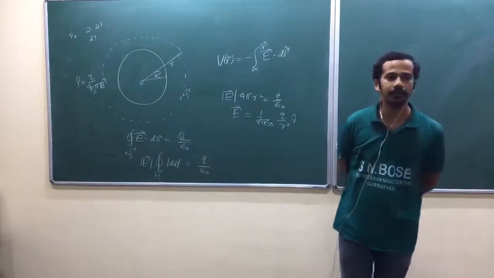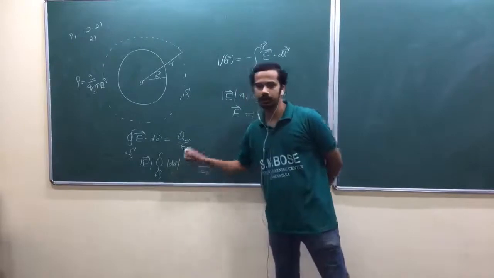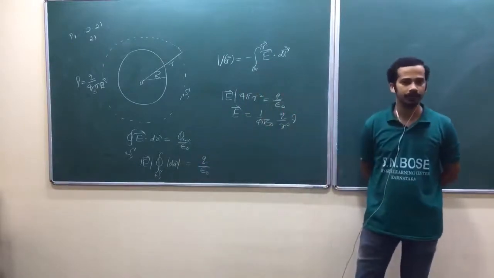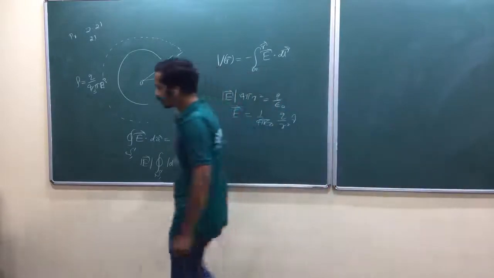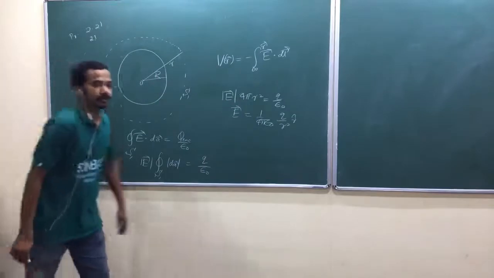Now I argued like that, but in any spherical symmetry problem, you have to quickly write this step directly. You should not waste time. Now onwards, initially you have to argue and understand what is happening over there. Is that okay? So next one.